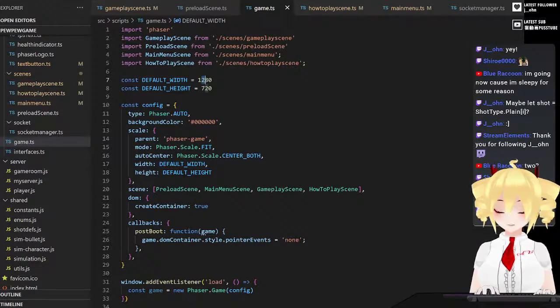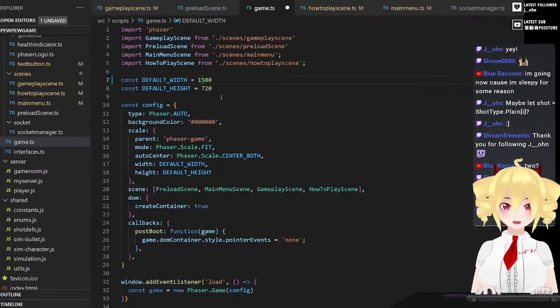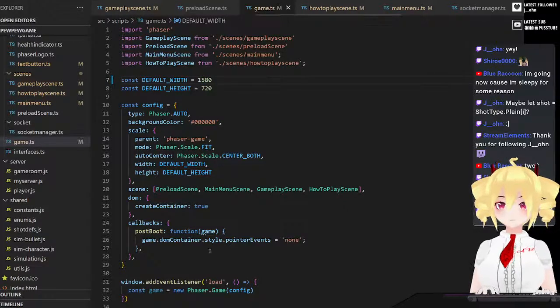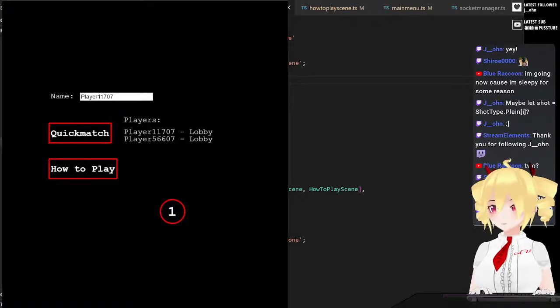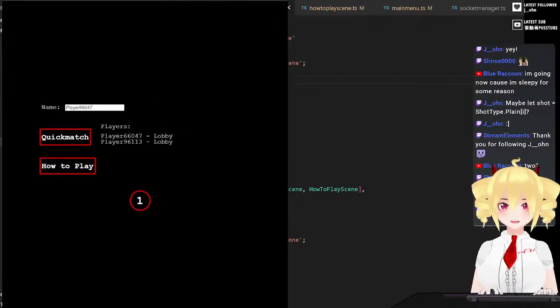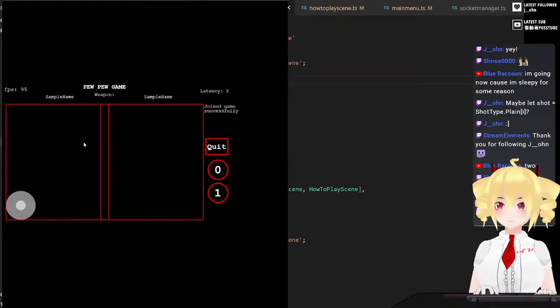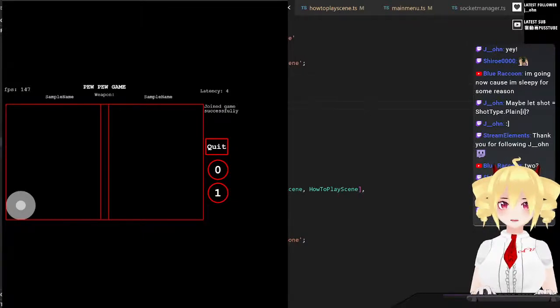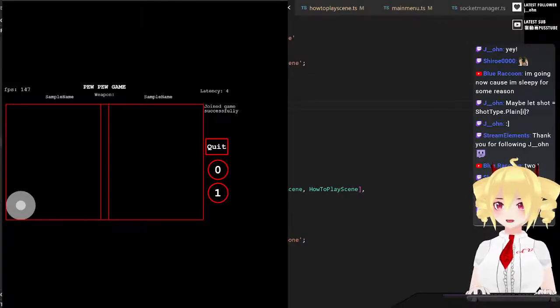So we'll bump it up to like... we don't want to make it too big, I don't think. Let's just try like that size and see what happens. I don't think that should affect my... yeah, it doesn't change anything yet, because we basically need to add more buffer though. So what we're gonna do is